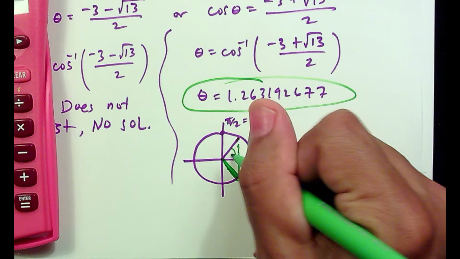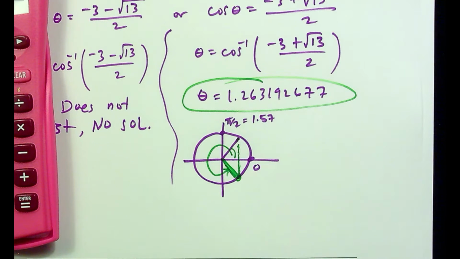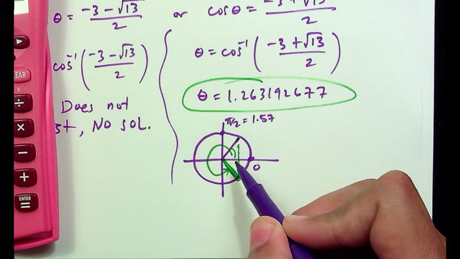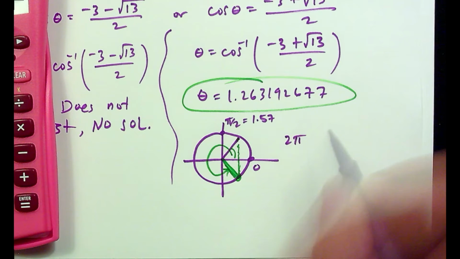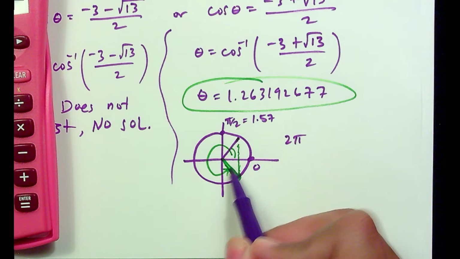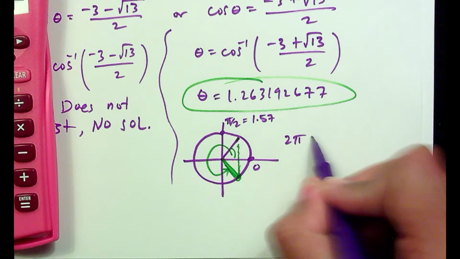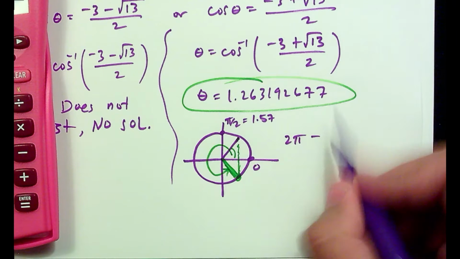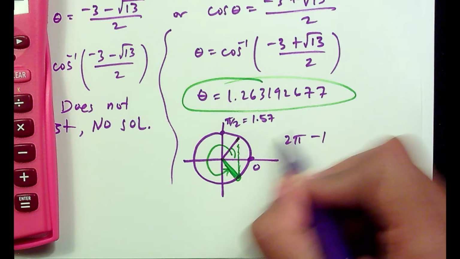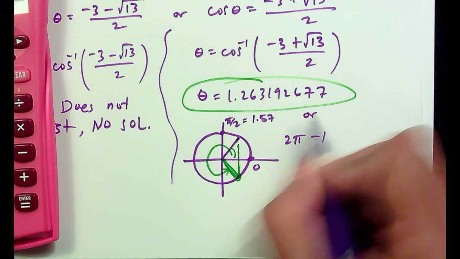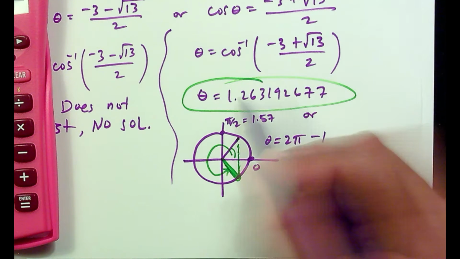That's another angle that has the same x coordinate. And what's that angle? Well, it's almost a full revolution, so it's almost 2 pi, but you have to take away that piece, and that piece is the same as that because of symmetry. And this piece is this number. So I'm going to take away this number,